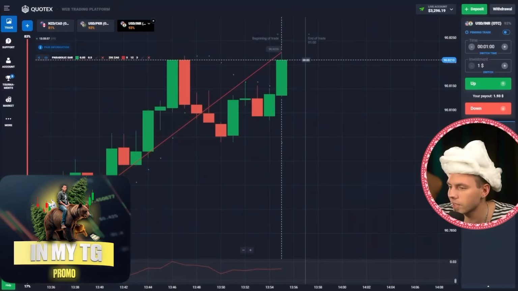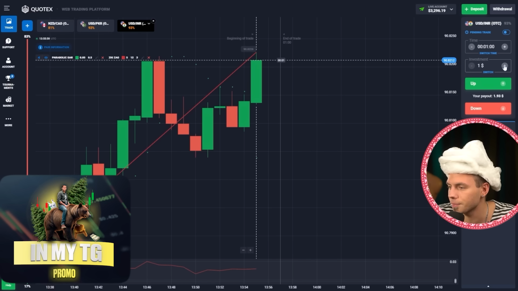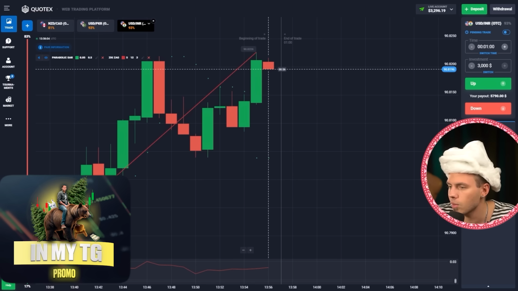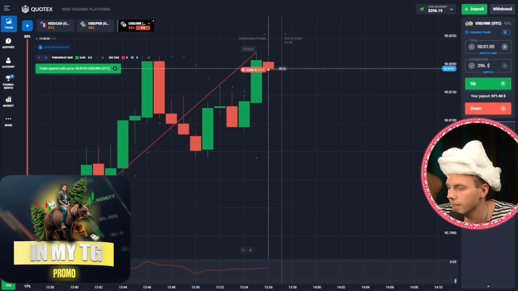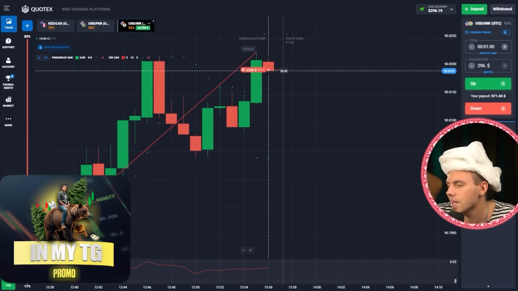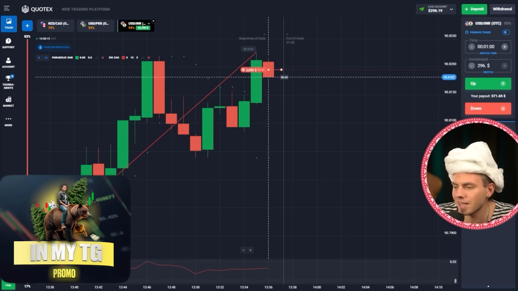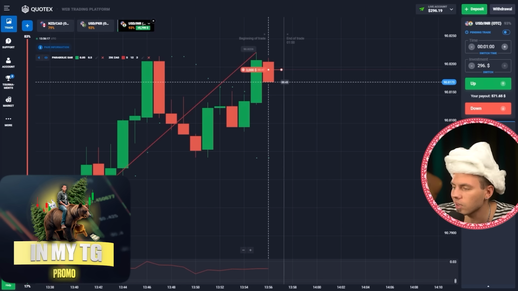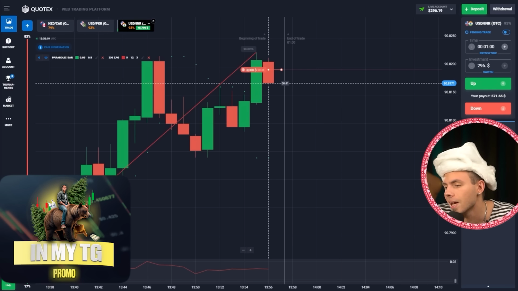Okay, what do we got here? Let's set the amount, 3,000, and right now I'm opening a sell trade. Okay, so here guys, here the 90.8226, here you see, right, this level is local high and resistance on this chart,